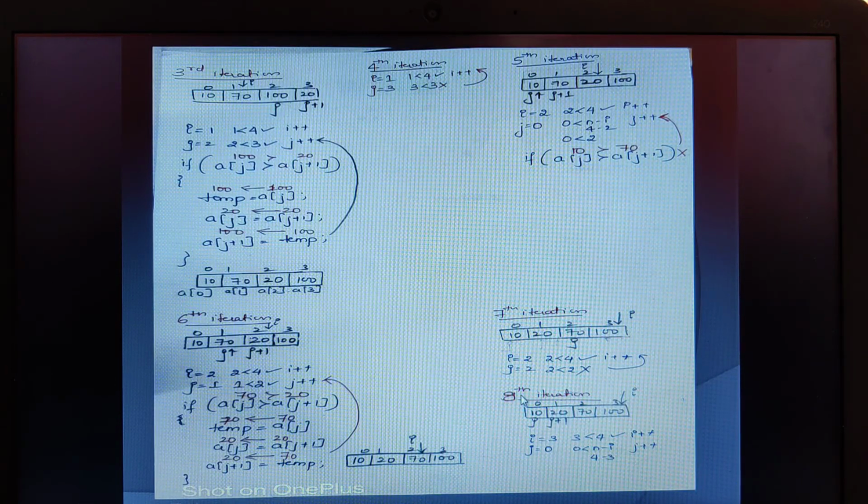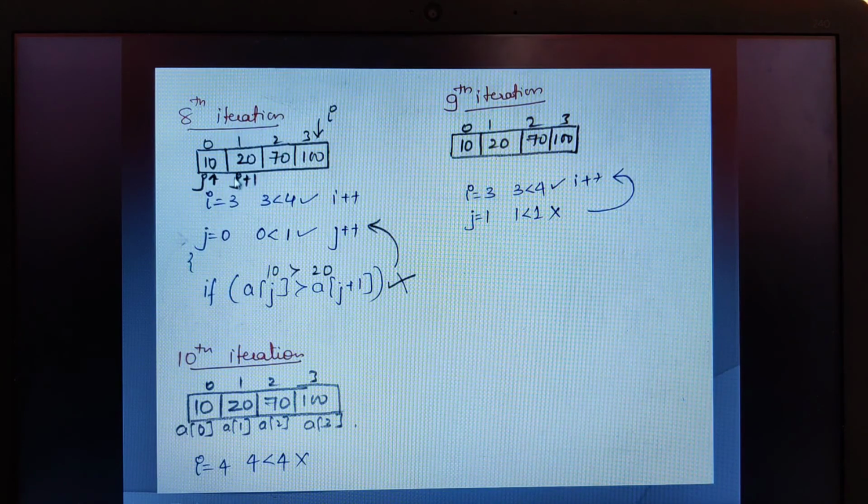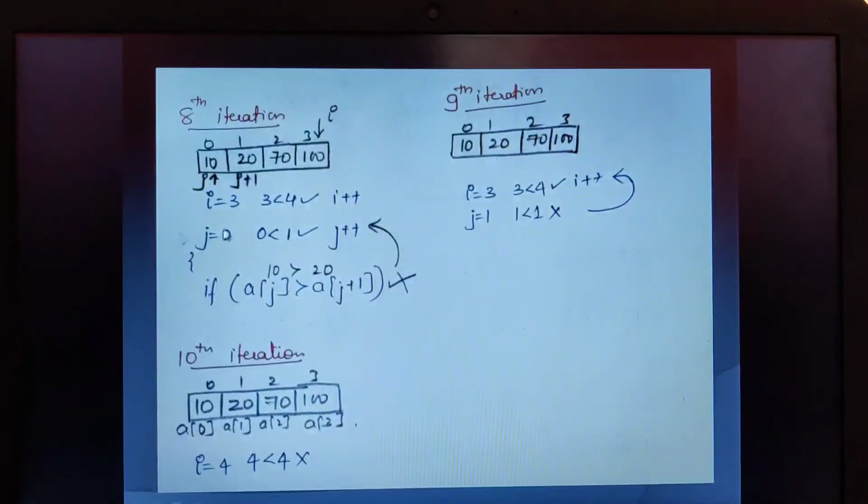When we increment the I loop, let us see the 8th iteration. We shall see the 8th iteration in the new slide here. Yes, the same thing I have repeated here. Once the I is incremented, I will start pointing at the third location. So if I is pointing to the third location, as per the condition, I should be less than the n. Yes, the condition satisfies. Since the I got incremented, isn't it we need to re-initialize the j? So once we re-initialize, j will start again pointing at the 0 location. So as per this, j is equal to 0.